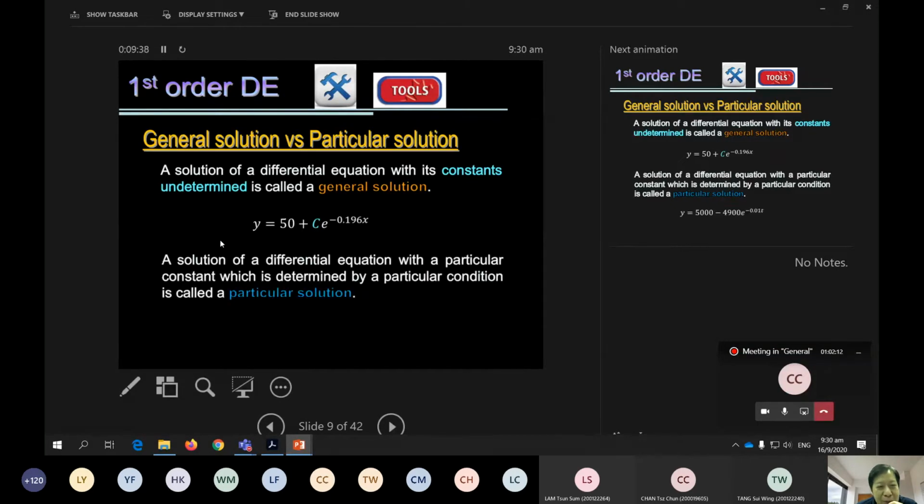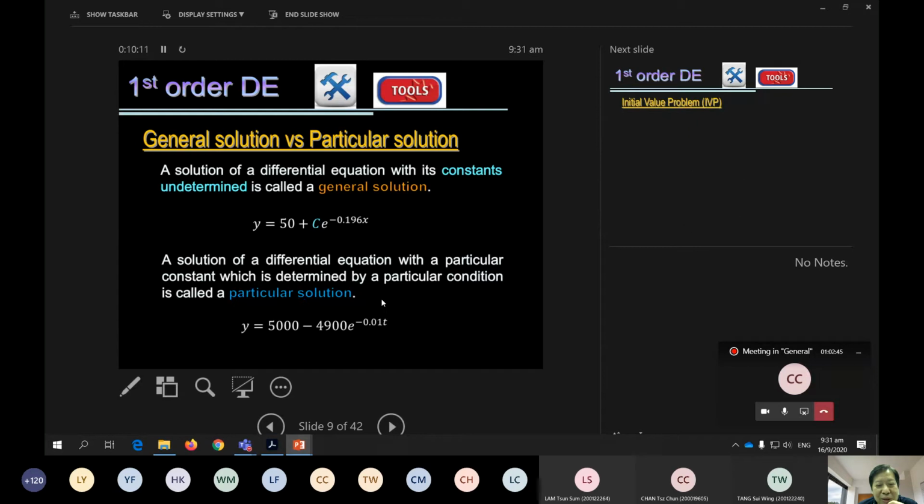Okay, so you come out with, or maybe you try to find out, the particular solution. That means you're going to solve for the value of this constant. In that way, you name it the particular solution. That means once you find c, the constant, you call it a particular solution. Instead of remaining as c, which you call a general solution in here. Okay, so the particular solution will be things like this. Whenever you have the value of c equal to some constant value, okay, some numbers instead of a c, then we will call it a particular